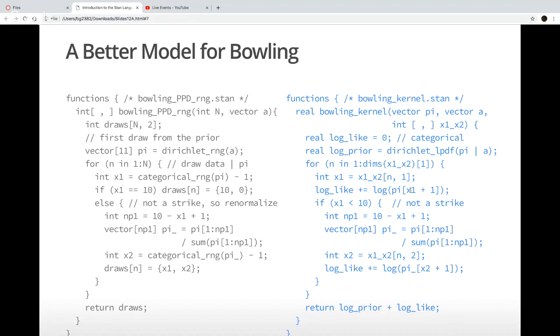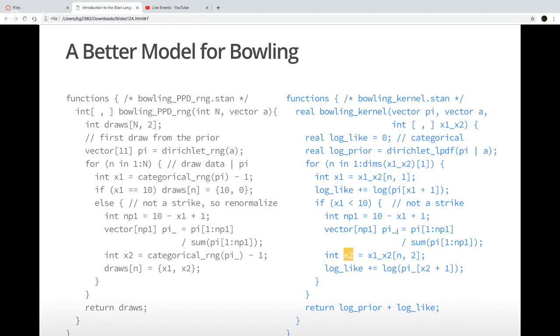And if that first roll is not a strike, then I need to do the second roll of the first frame. So again, I set up MP1. Again, I renormalize pi in order to be a conditional probability mass function for knocking down between 0 and n pins, where n is 10 minus x1. Okay, now I have those conditional probabilities.